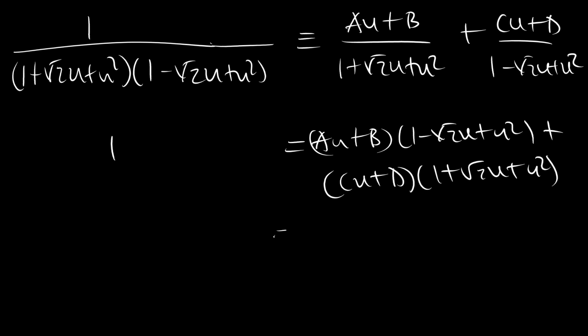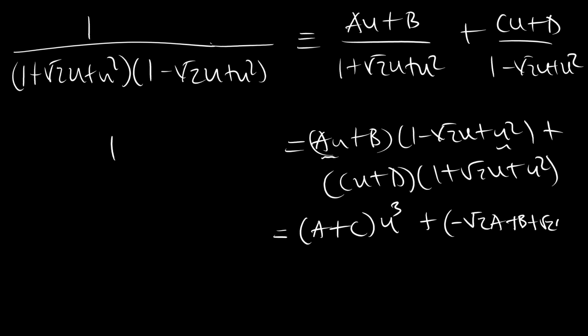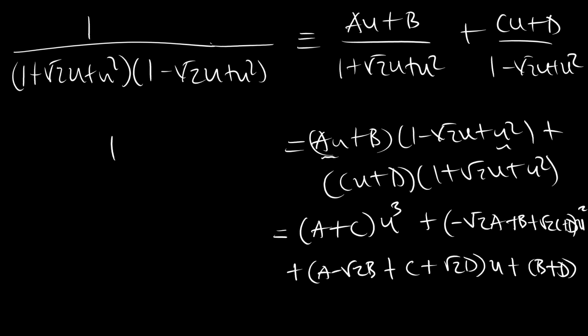And so this can be expressed as (A plus C)u cubed, plus (negative root 2A plus B plus root 2C plus D)u squared, plus (A minus root 2B plus C plus root 2D)u, plus B plus D. Now the u terms here, we see the constants will be equal to 0, but this will